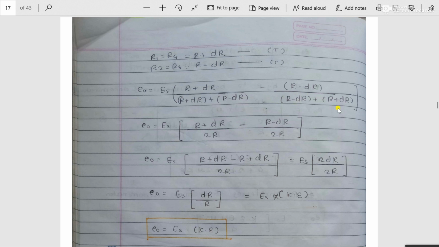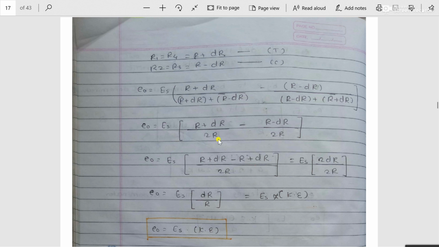Once again at the denominator side, this is minus delta R, this is plus delta R, it will get cancelled, only plus R plus R, it becomes 2R. Once again I have written only 2R at the denominator. So once again if you go through this particular equation, this 2R and this 2R are present at both the denominator sides, so there is no need to go for the cross multiplication to make the denominator the same.